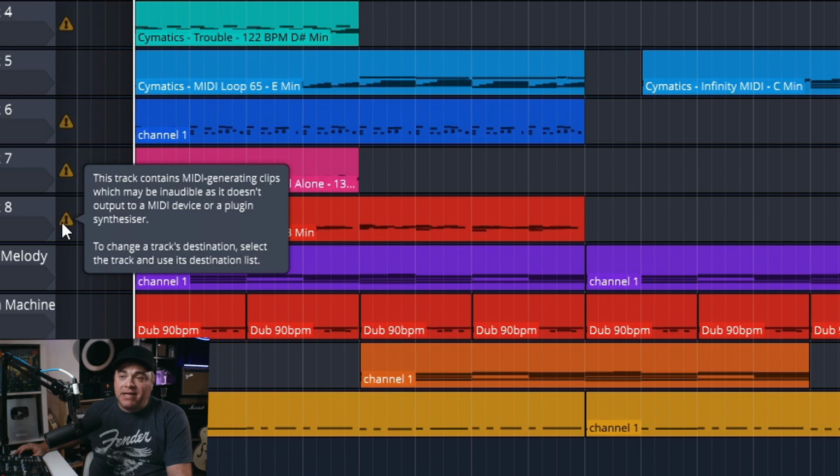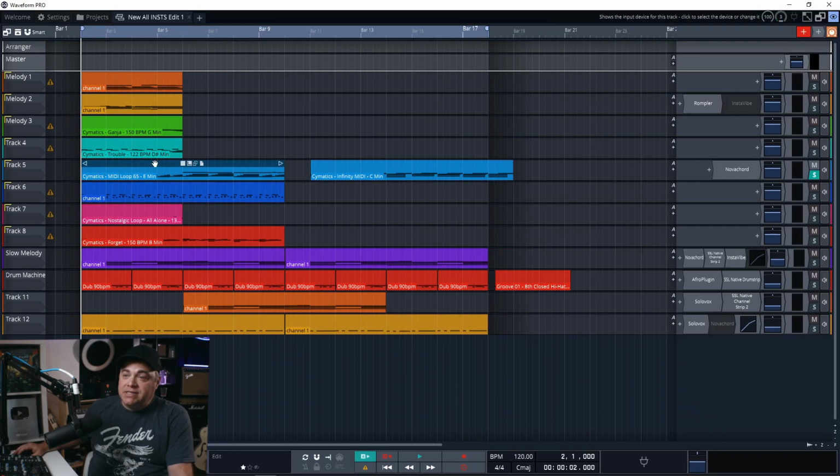It says this track contains MIDI generating clips, which may be inaudible as it doesn't output to a MIDI device or a plug-in synthesizer. To change a track's destination, select the track and use its destination list. So you can see this one doesn't have that because there is an instrument on there. And if we play this track,